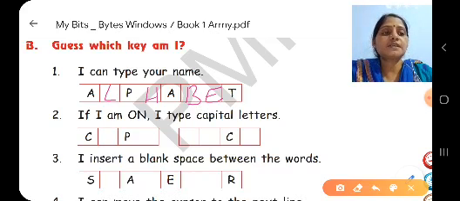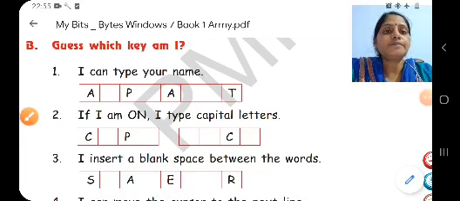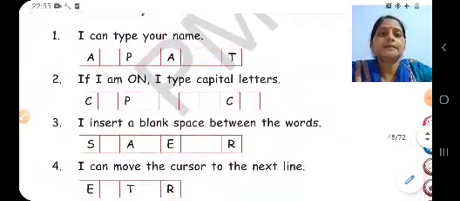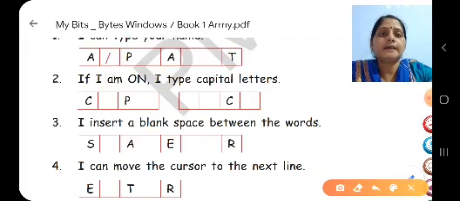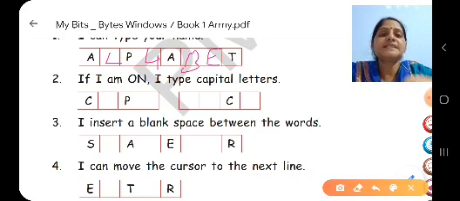Now the next one, children: if I am on, I type capital letters. So children, what is that? If I am on, I type capital letters. That means caps lock. As we have studied in the chapter, if you put the caps lock on, the letters which you type from the keyboard will be written in capital letters,